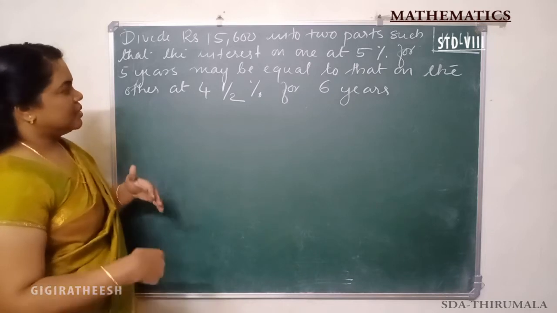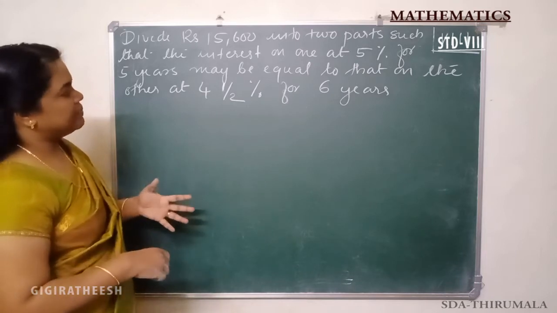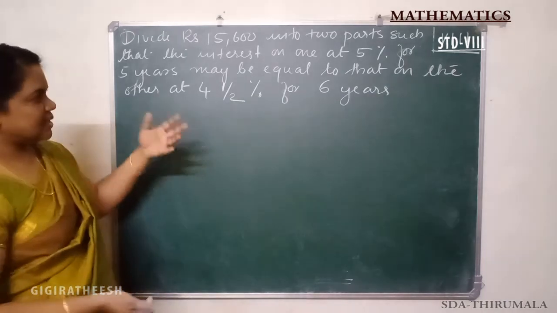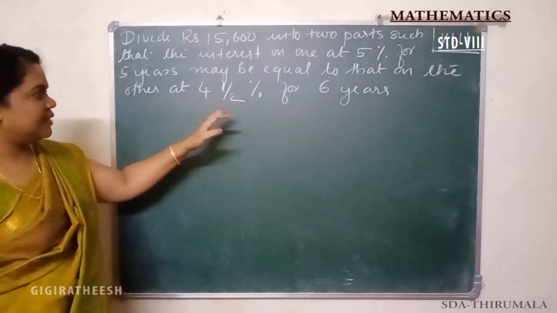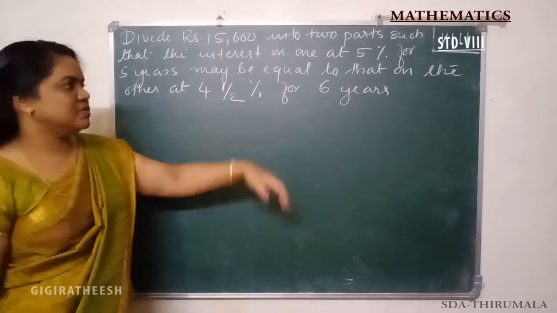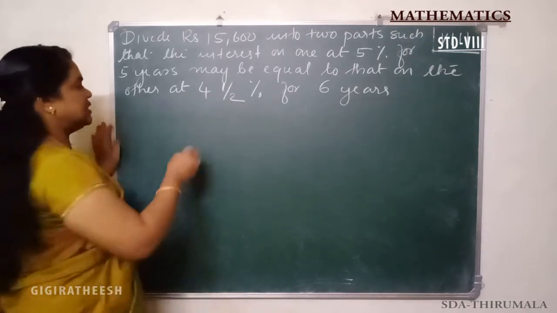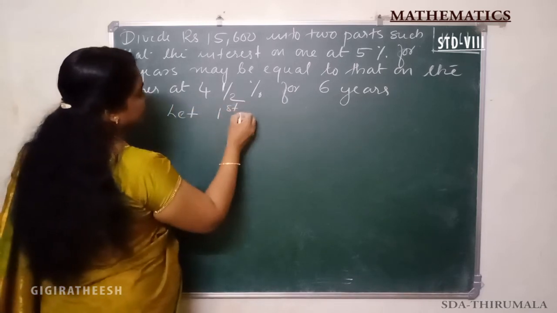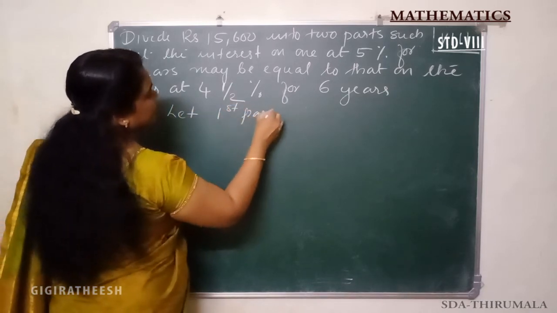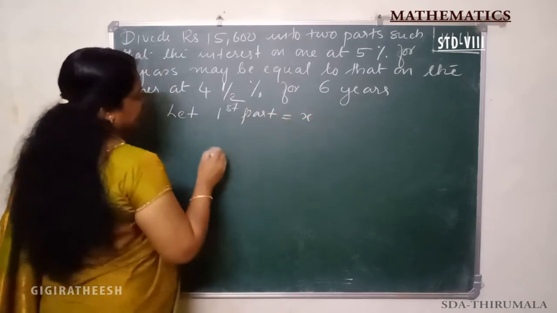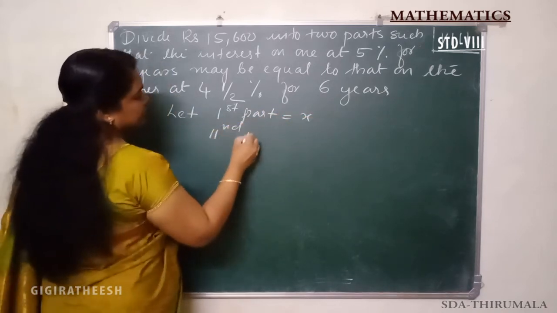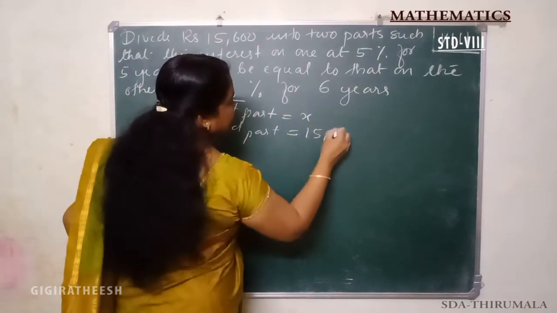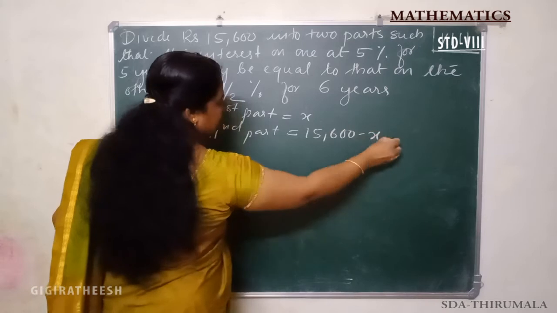The first is for 5% rate of interest for 5 years, and the second part is 4.5%, that is 9/2%, for 6 years. Let the first part be x,